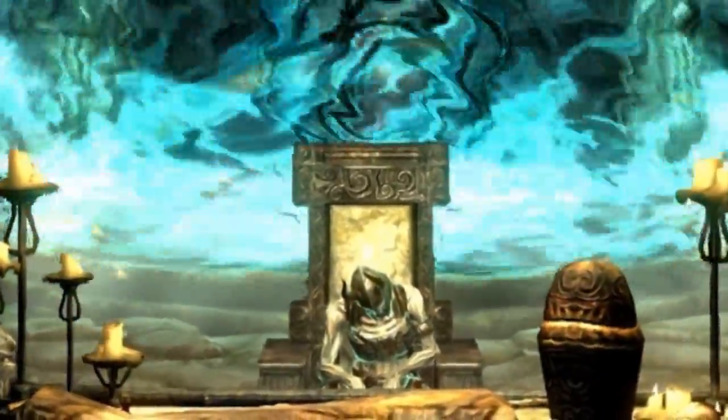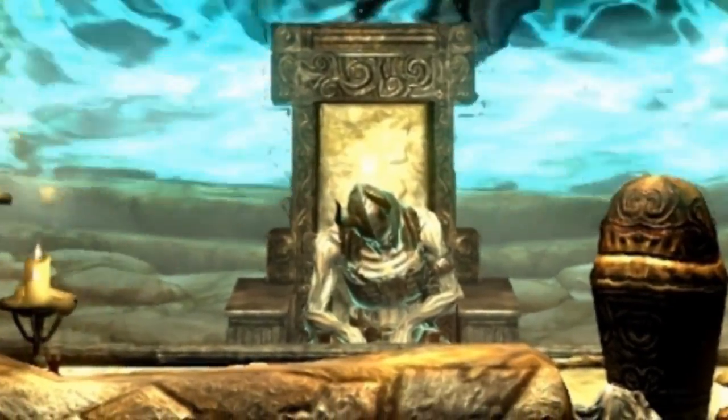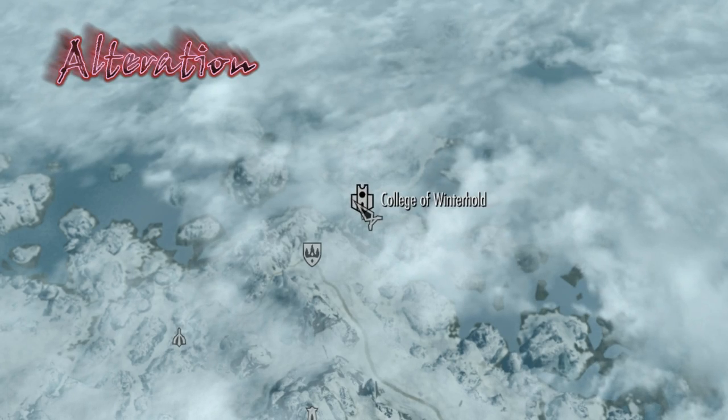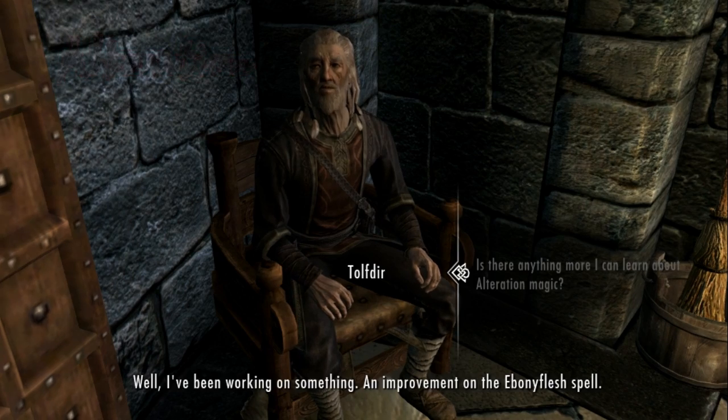Okay, let's begin. Going alphabetically, we begin with Alteration. Being at the College of Winterhold should be understood by now. Go to the Hall of Attainment and talk to Tolfdir, and ask him if there's anything more you can learn about Alteration. He says he wants to improve on the Ebony Flesh spell, but in order for it to be